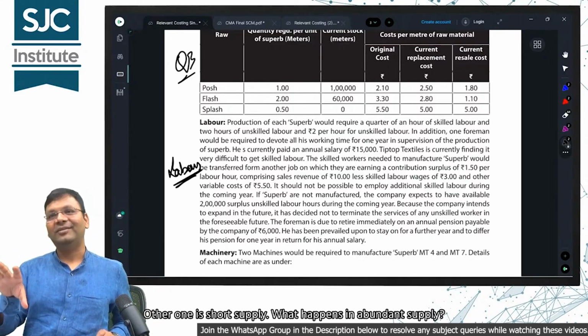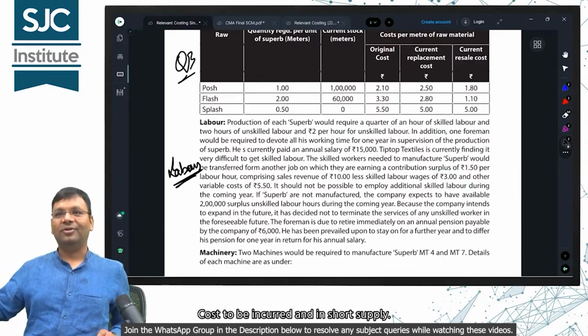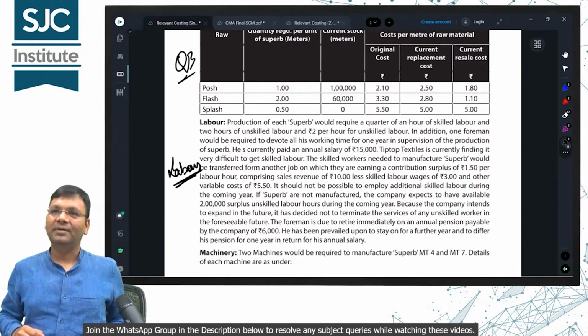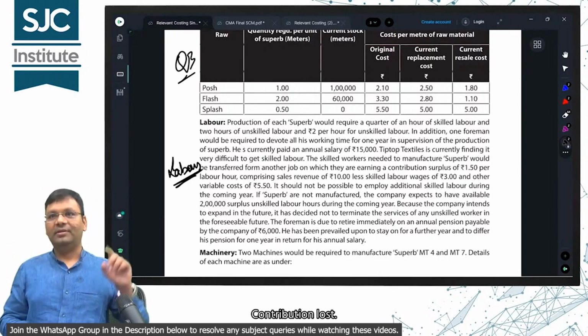Abundant supply. The other one is short supply. What happens in abundant supply? Take the higher cost to be incurred. In short supply, we will have to divert it: cost to be incurred plus contribution lost. In indirect,